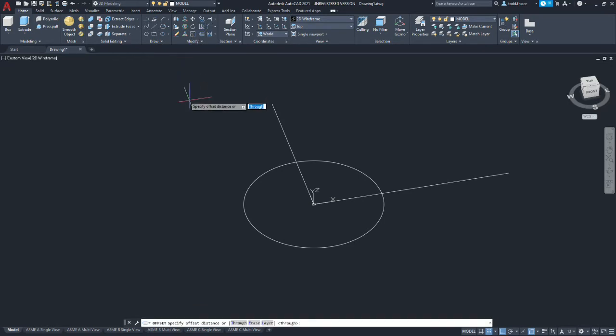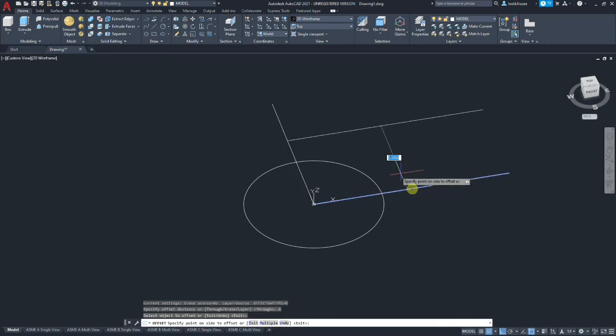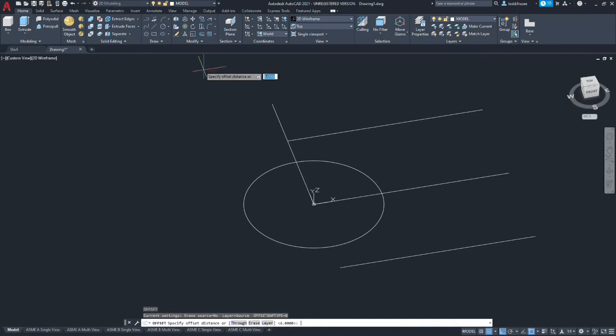Okay, now I'm going to do an offset of 6 in the front and back direction, and then we're going to exit and come back in and do an offset of 12 for the last line.